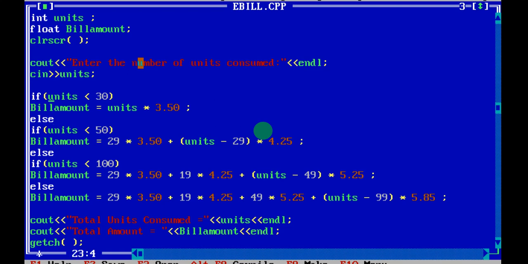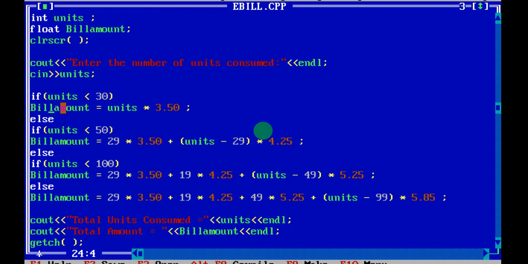One more thing: if it is less than 30 and the condition is true, it will calculate this and print the billing amount. If this condition is true, then it will skip the other statements and calculate the billing amount using this particular formula, and the billing amount will be printed on the output screen.